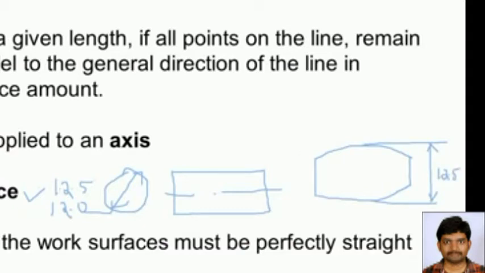And so this is the tolerance on the surface, say 0.02 millimeter. Now this is the tolerance on the size of the component, and this is the tolerance on the feature, that is straightness. So this variation can be up to 0.02 millimeter, and similarly here it can be up to 0.02 millimeter.